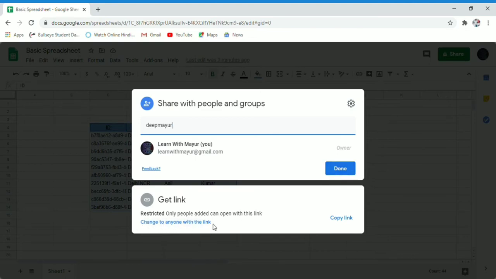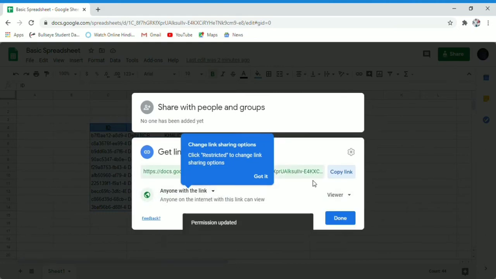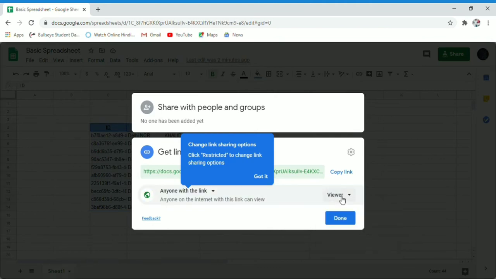And you can also change the setting of that spreadsheet by changing the link. We can change this link so that anyone who has this particular link can access this sheet. We can also change it so that anyone with this link can only view this file, or edit or comment on this file. So we are going to change the settings of this particular spreadsheet by this section. For sharing we must click on this button and we shall get the notifications here.